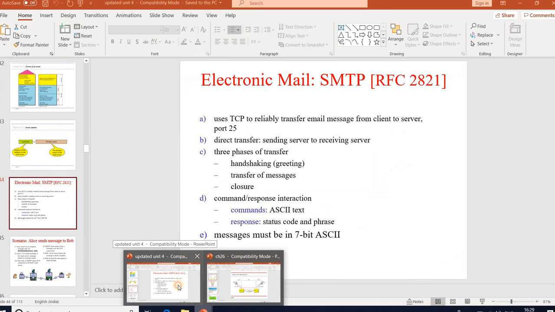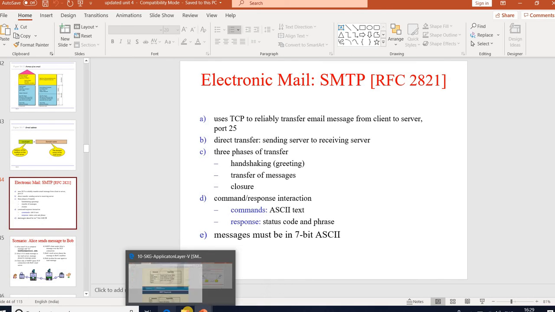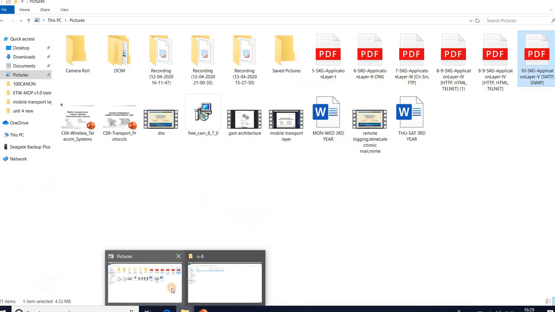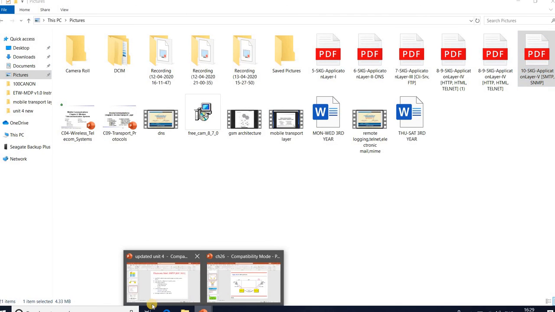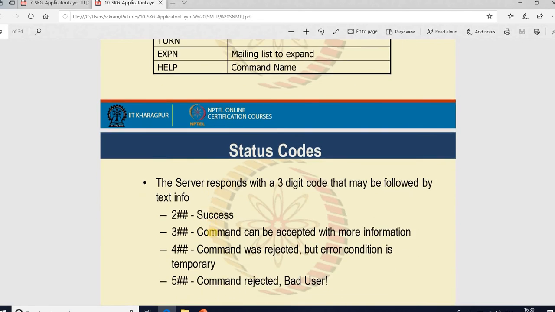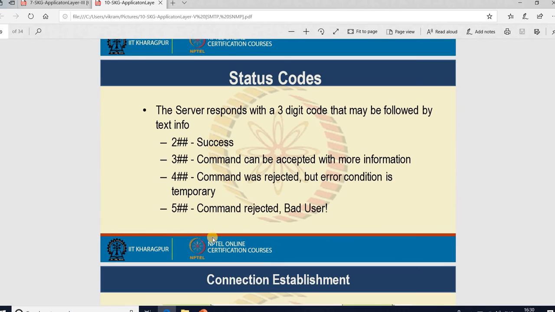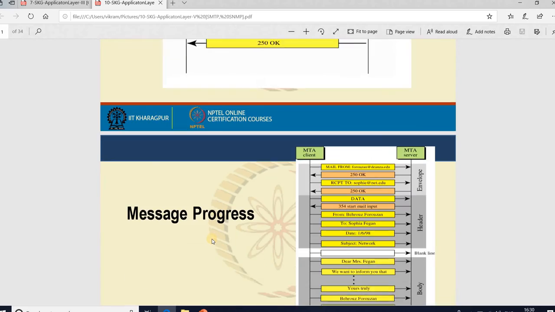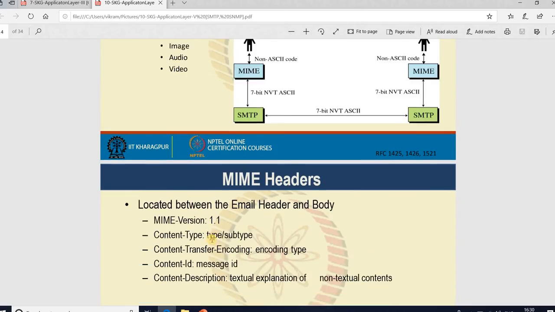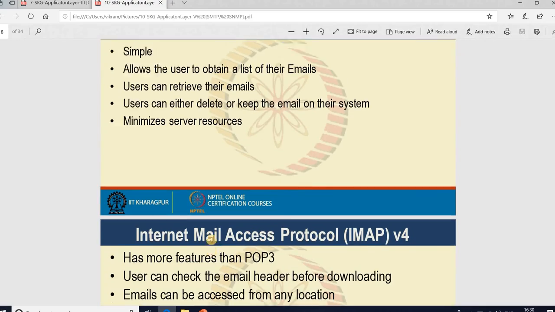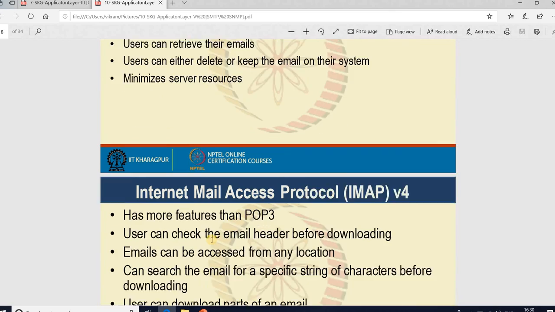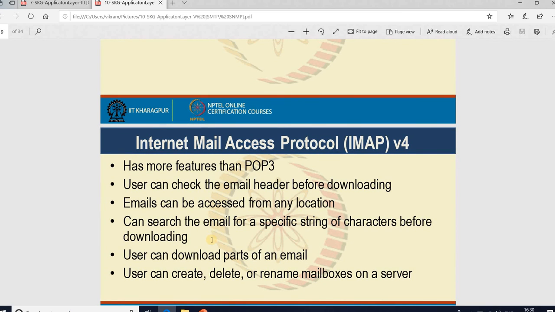Coming to IMAP4, Internet Mail Access Protocol version 4 has more features than POP3.